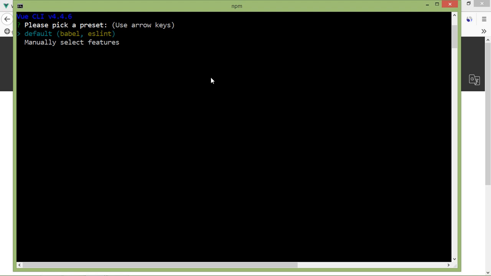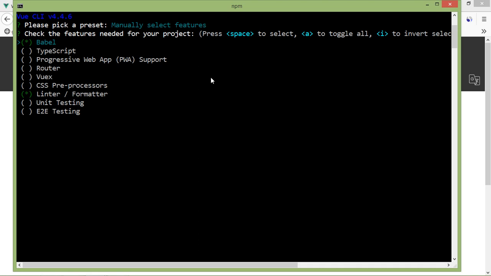From here just select manually select features. For moving up and down, use your up and down arrow keys and press enter. Now select some features. For selecting a feature you can use the spacebar.